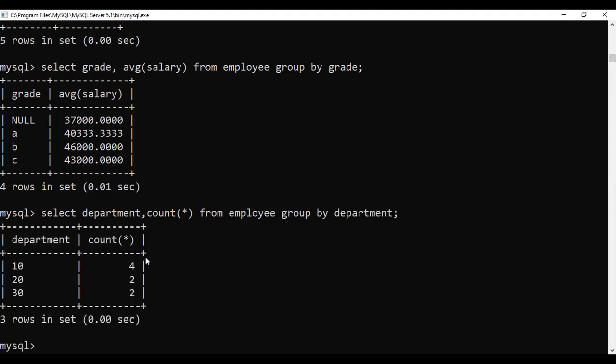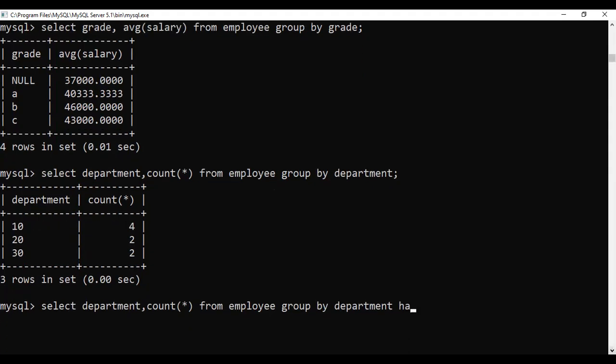You can see what is happening over here. Suppose I just want to display only the details whose employee count is greater than 2. How will I give this condition? You have to give a condition with the help of the having clause. Having count star greater than 2.